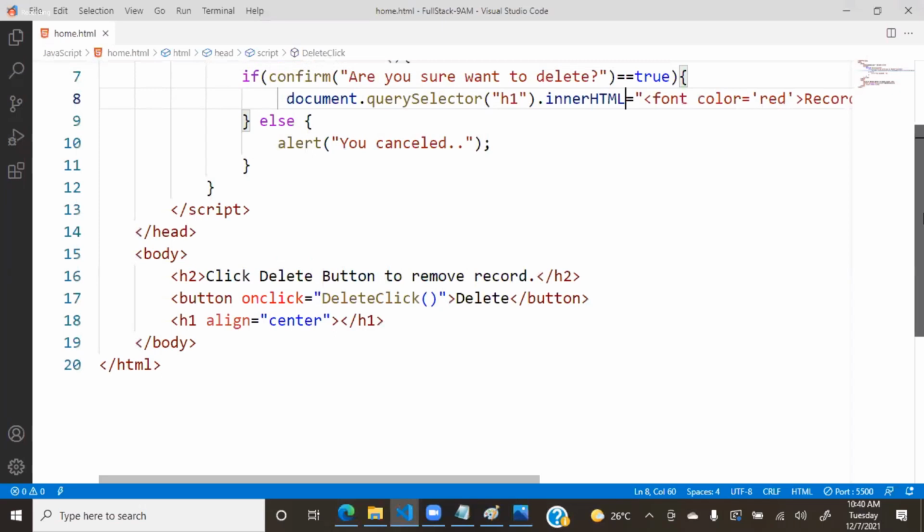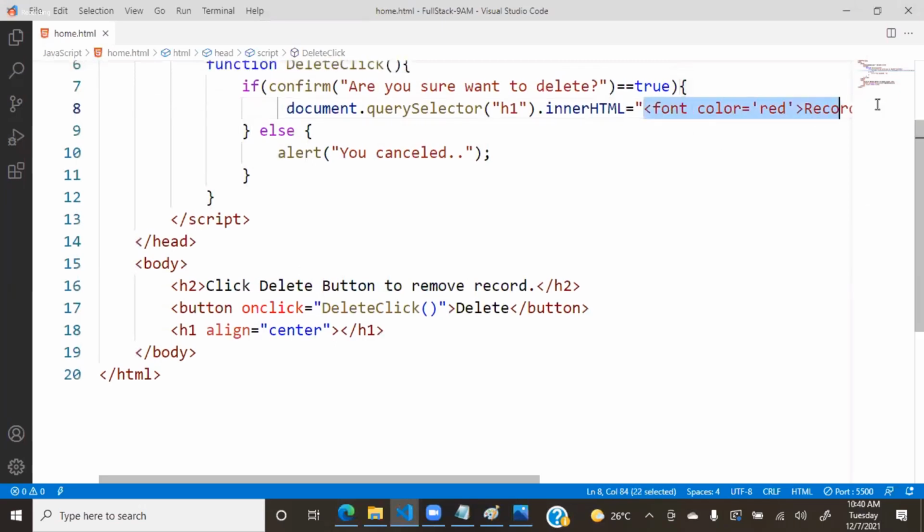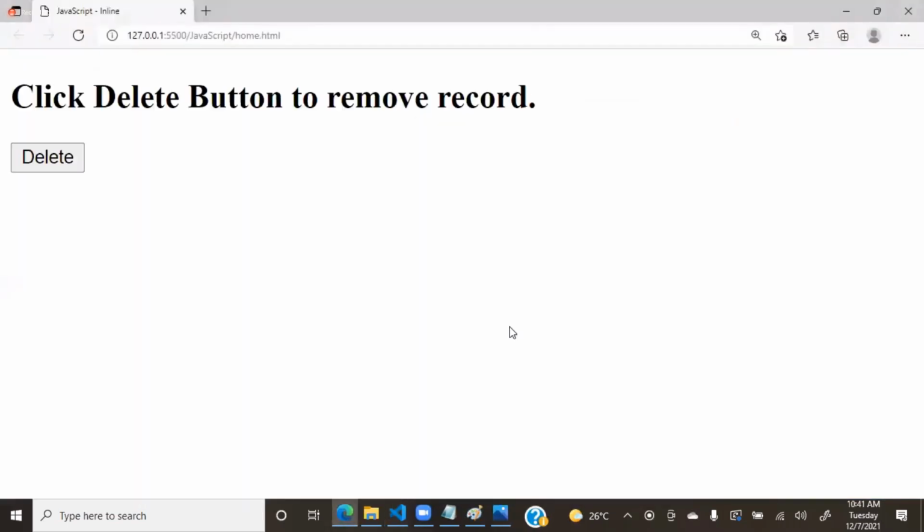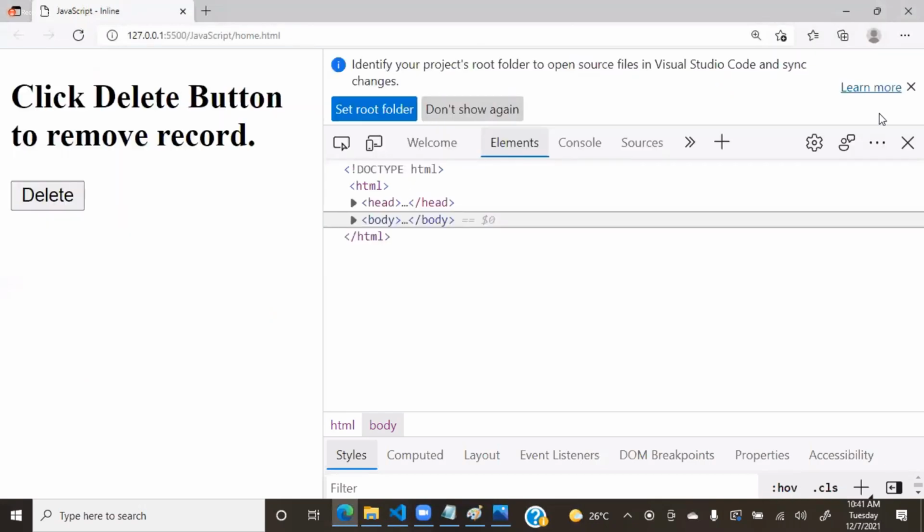See what happens clearly. Here, I am writing a paragraph. In the paragraph, I am writing as deleted. Deleted successfully. This message we are giving. Where are we rendering this paragraph? We are rendering that paragraph inside a heading. That means you see now what happens. I will go to inspect. In the inspect elements,